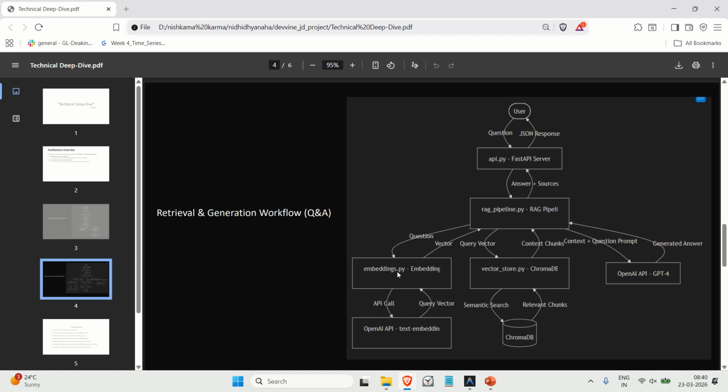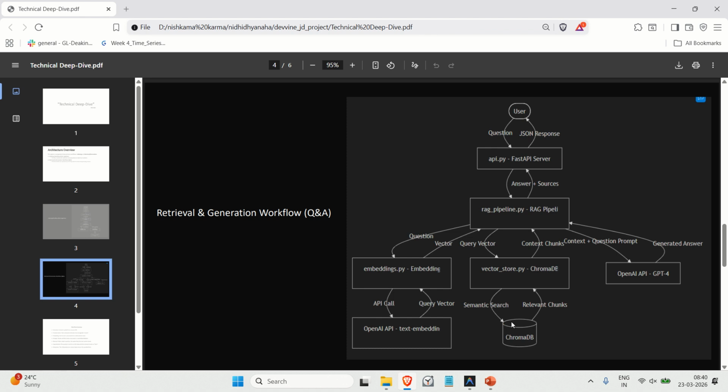This backend embeddings file will push this vector to the RAG pipeline, and the RAG pipeline will again send this vector to ChromaDB, and ChromaDB will perform semantic search,